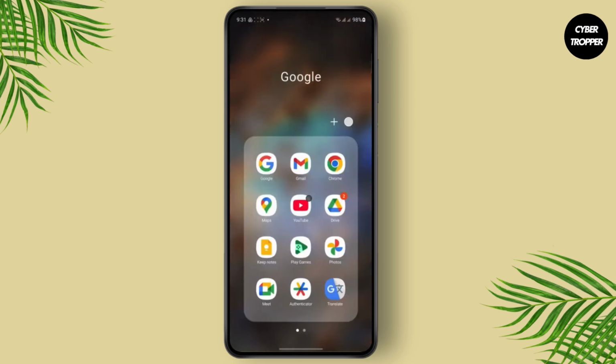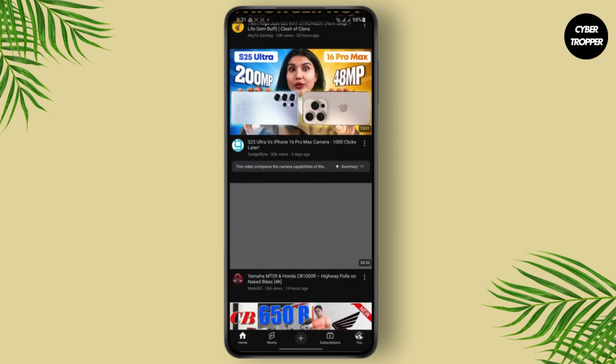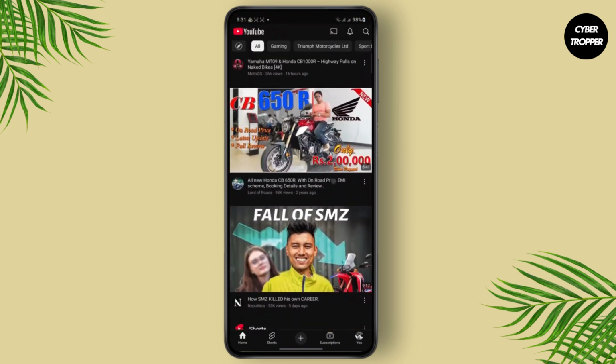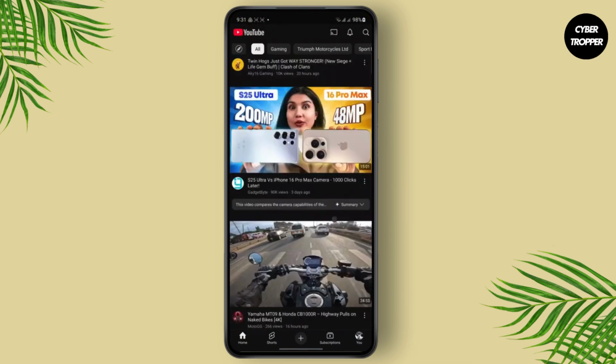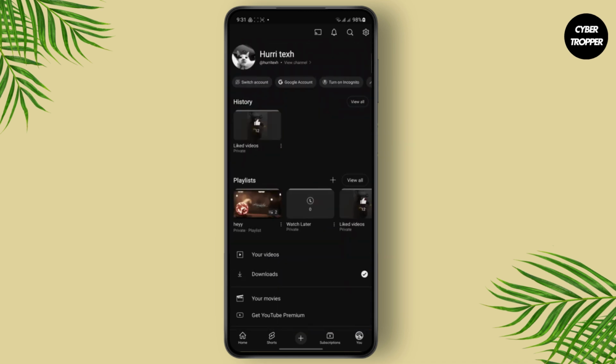First thing first, you'll have to open up your YouTube app. And as you can see, all of my videos here are on dark mode and the background is also dark. So what you want to do here is simply tap on the profile icon at the bottom right corner. You just have to tap on the U icon like so, and then simply head over to your settings menu